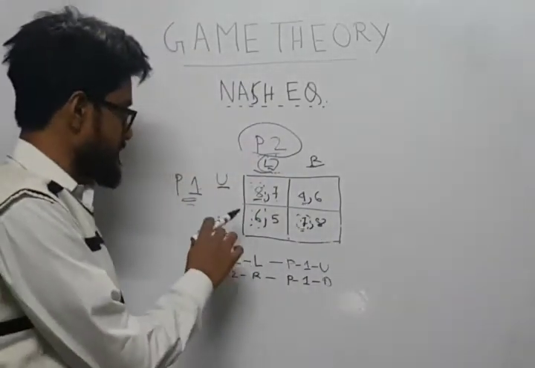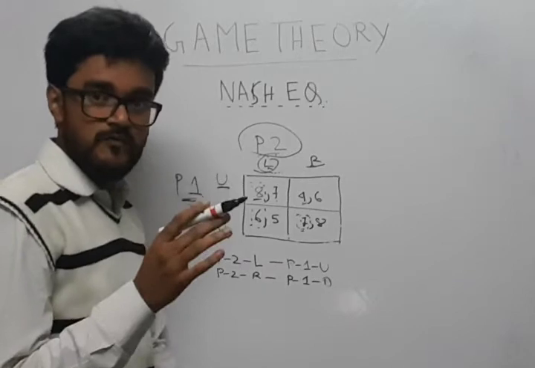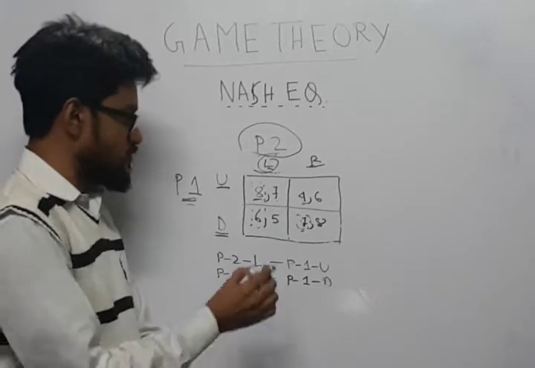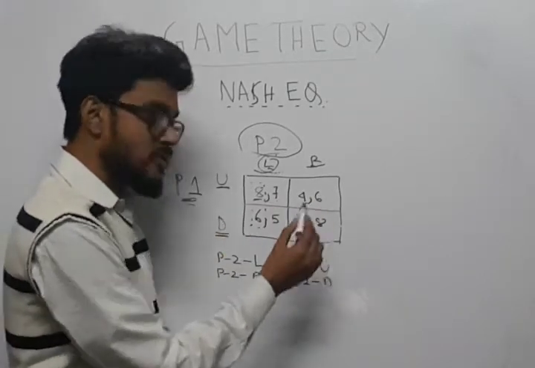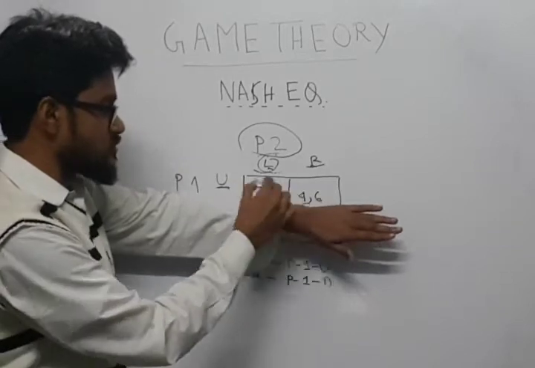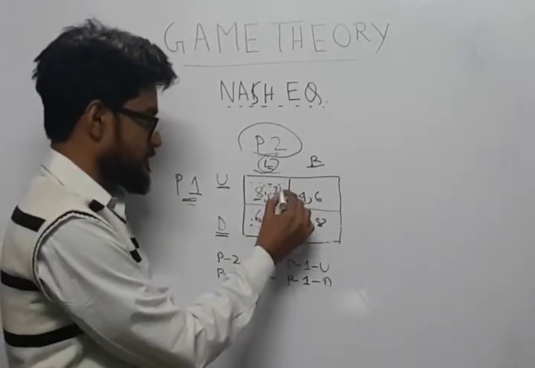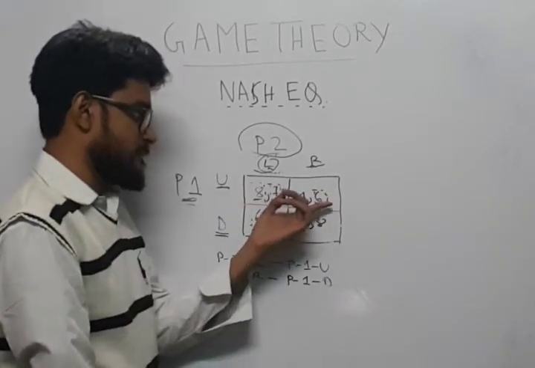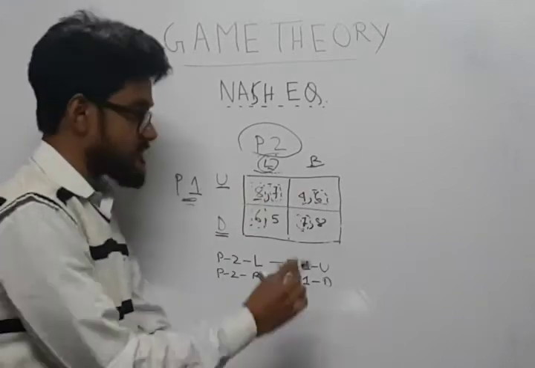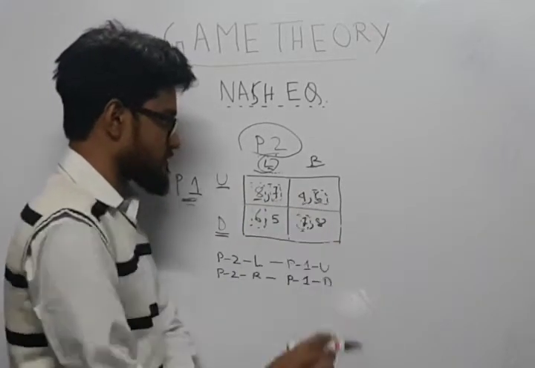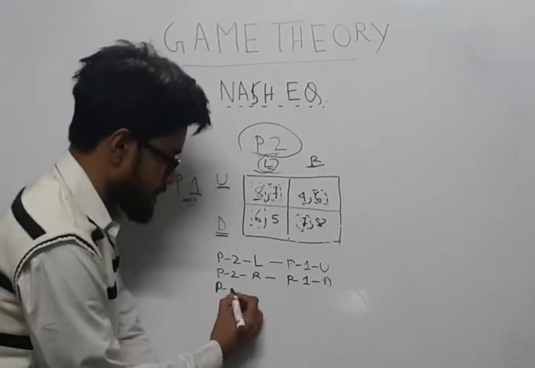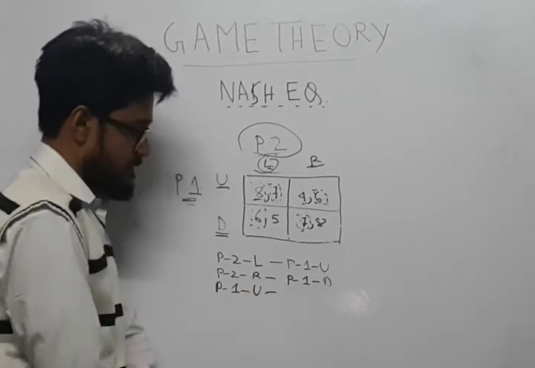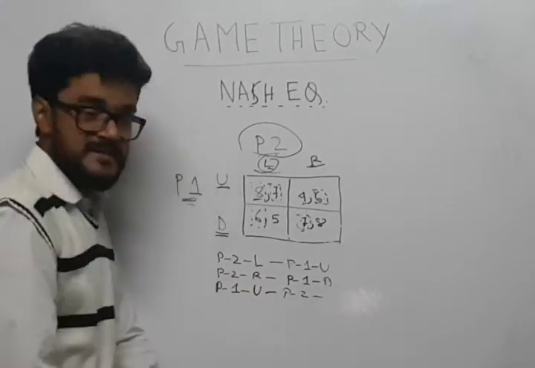That is, say in this case player 1 makes the first move. When player 1 makes the first move, that is, player 1 plays say U, so now we will be looking at the column. That is, we will be looking at these two columns, and we will be looking at the second part of the row. That is, we will compare between 7 and 6, these two terms. So here player 1 makes the first move and he chooses U,